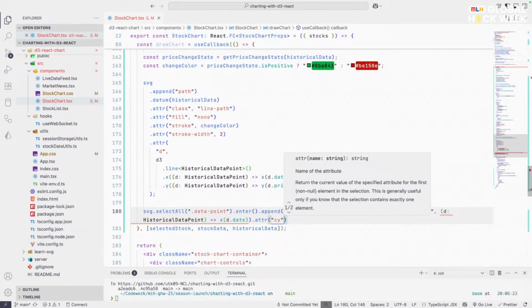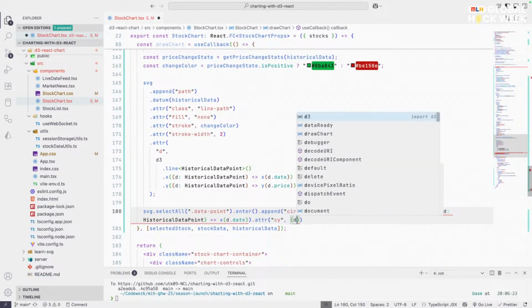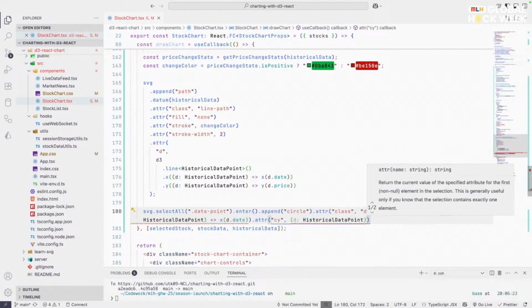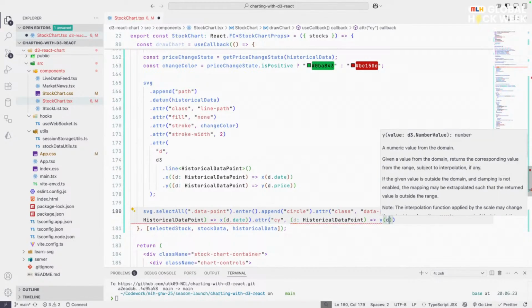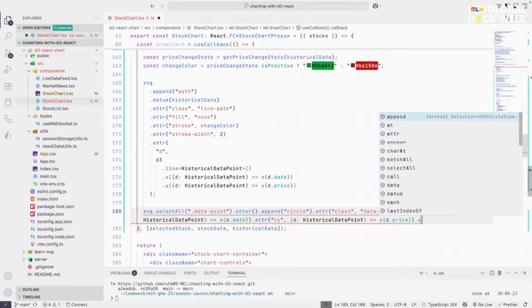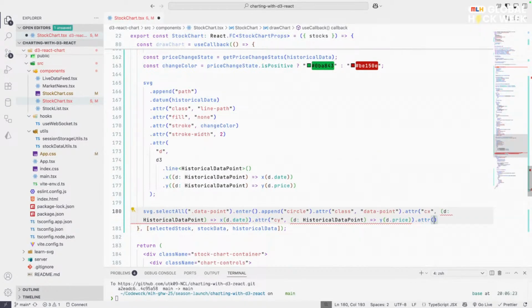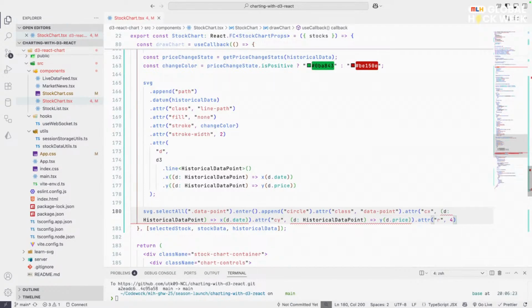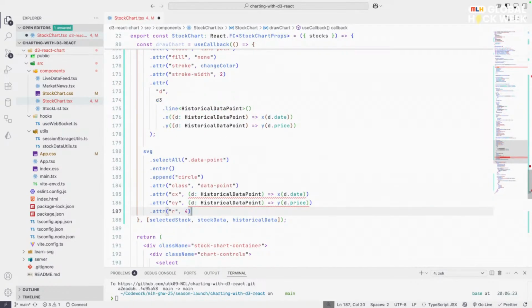cy, d, which is again of type historical data point. We bind it to y, which is d dot price. On the y-axis, we are plotting the price. Dot attribute, we are going to say that the radius of this circle should be 4 pixels, and